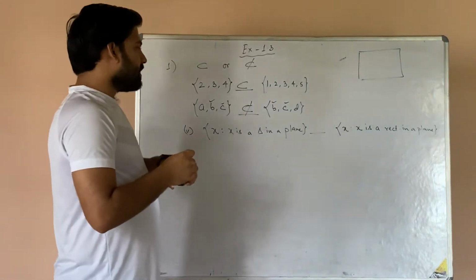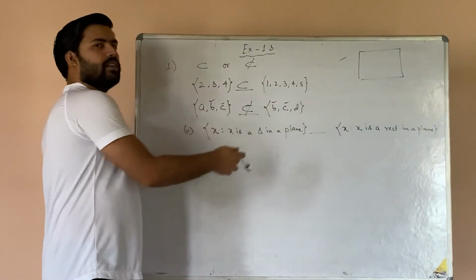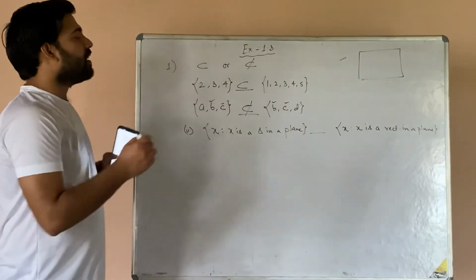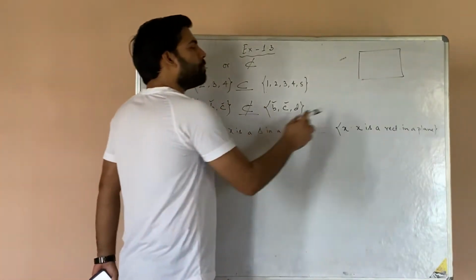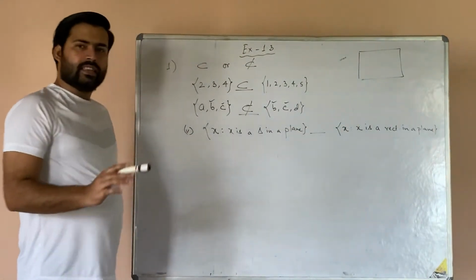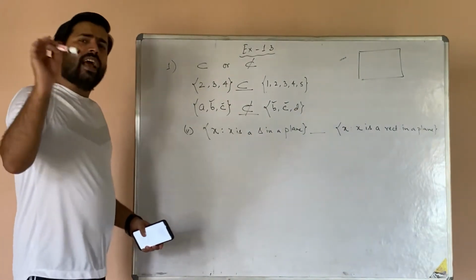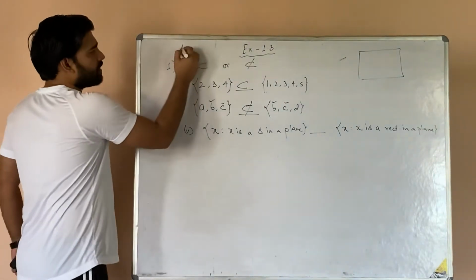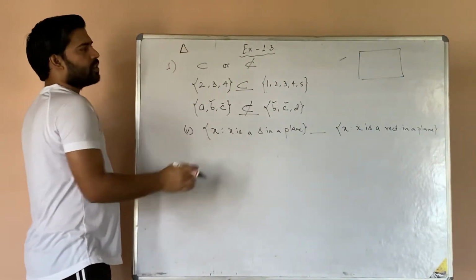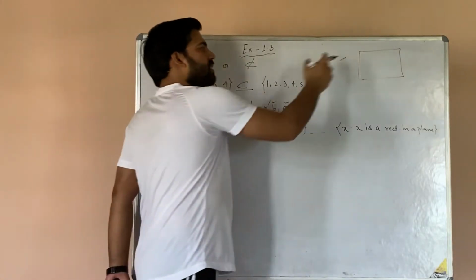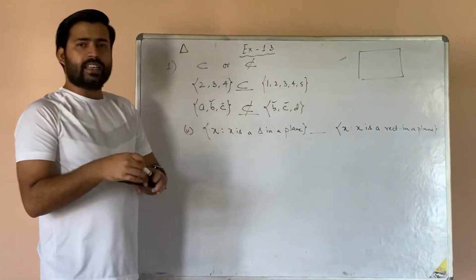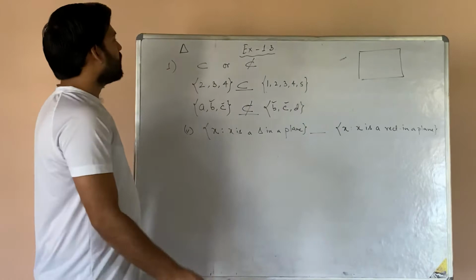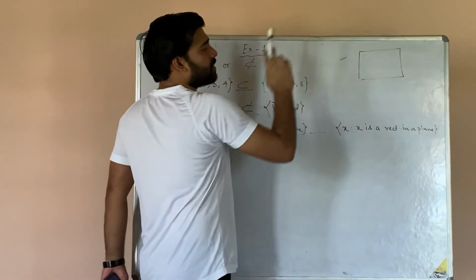Now is it necessary that if I draw a triangle in the same plane, in this whiteboard only, that triangle will be a part of this rectangle? Is it mandatory that the triangle has to be inside this rectangle only? Can't I draw the triangle over here? Say the triangle is here. So that means this triangle is independent of this rectangle. That means the triangle is not lying inside the region of the rectangle. So this shows that the triangle is not a subset of the rectangle.